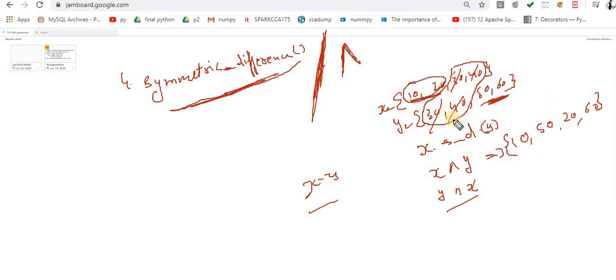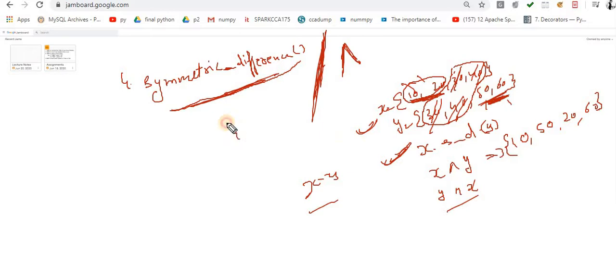In the symmetric difference, you get the unique items present in x and y. These items are cut down, so you are left with only 10, 20 and 50, 60. You get the unique items that are present in x and in y. So this is the way to perform the symmetric difference.